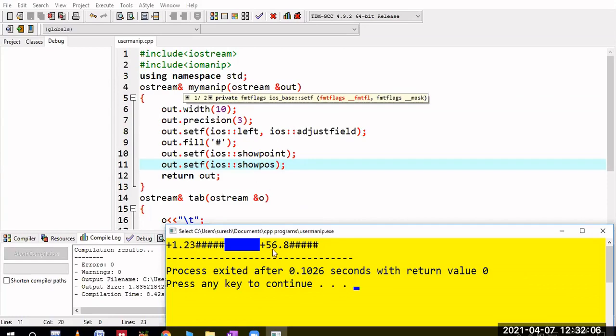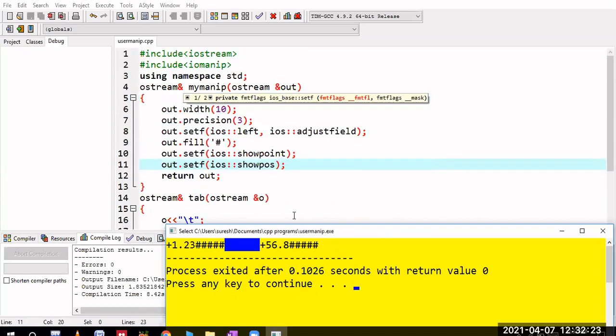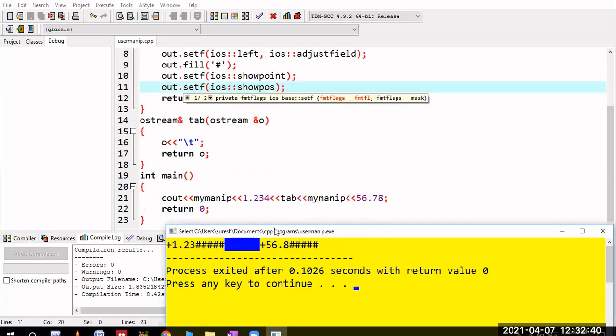So it is setting this width. It is total 10 width. And after that, precision 3, nothing but always it is before the decimal point, after the decimal point. Well, 3 digits are available, but that too is rounded. So after this digit, it is greater than 5. That's why it is rounded to 56.8. And after this, this is your fill character and left alignment. So that's why the output is left aligned, and the empty spaces will be filled with this hash character. So total 5 empty spaces will be filled. Show point, it is showing the point, and show positive means it is showing the positive sign. So clear, right? All of you clear, right?